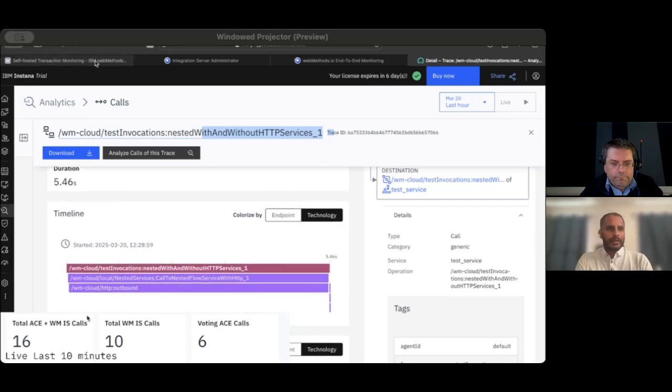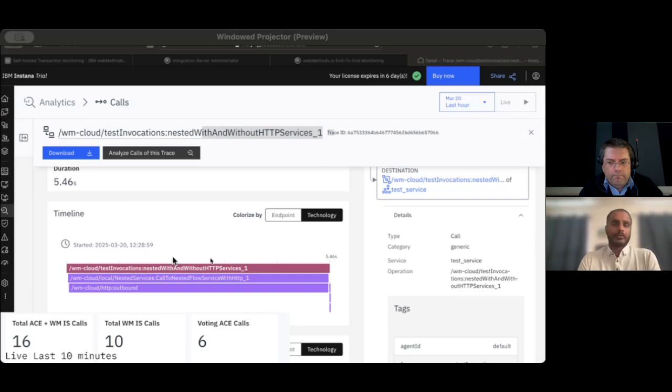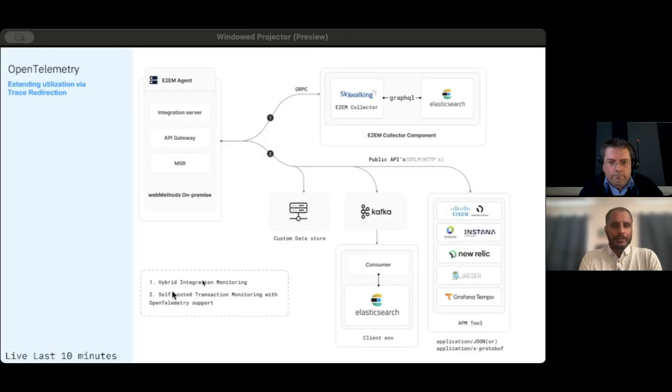In terms of our general approach, our goal is to have customers be able to take this tracing data that's capable of being generated and very easily configured, as you saw from a webMethods perspective. It's a very easy configuration through environment variables and the end-to-end monitoring agent, so you're able to expose this data to wherever you want it to be. We want it to be available for our customers and very easy to configure. So that's our focus. And if I go back to the presentation real quick,